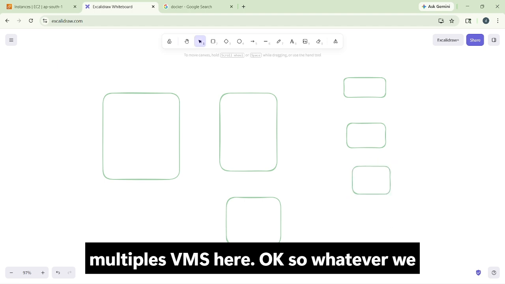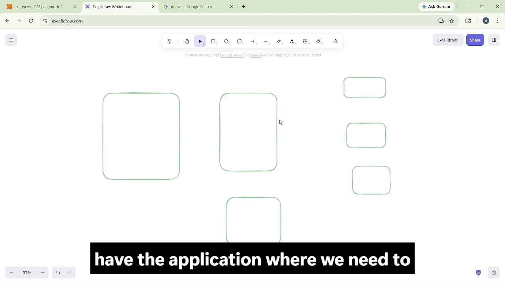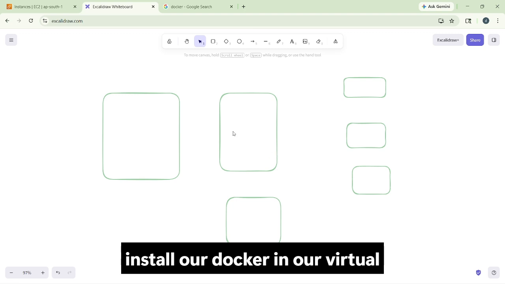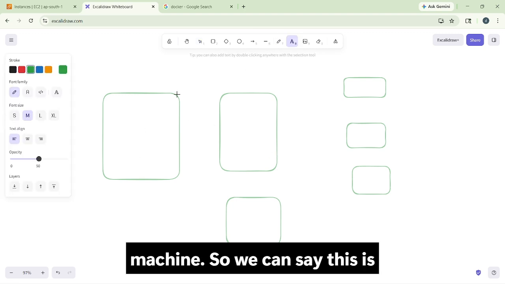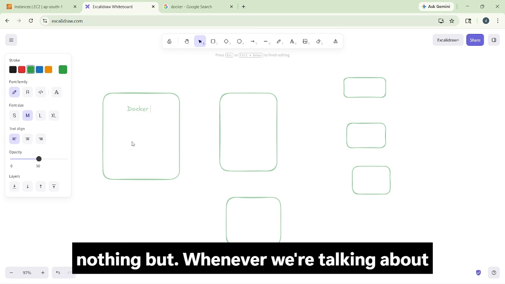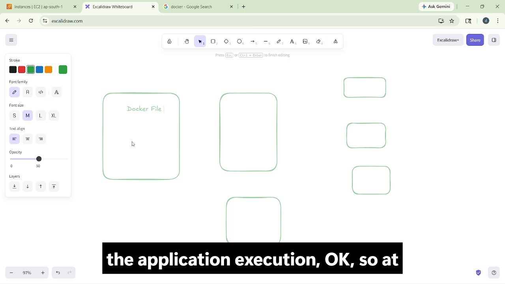Okay. So whenever we have an application where we need to install Docker, we need to install Docker in our virtual machine. So we can call it this is my Dockerfile. A Dockerfile is nothing but, whenever we're talking about application execution,